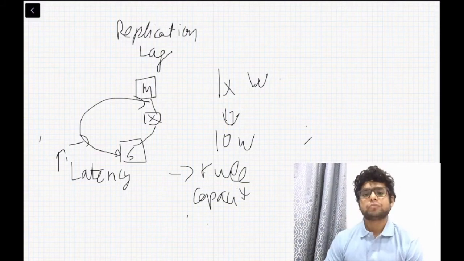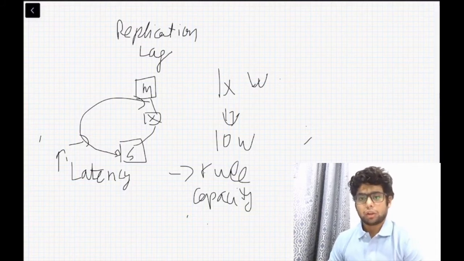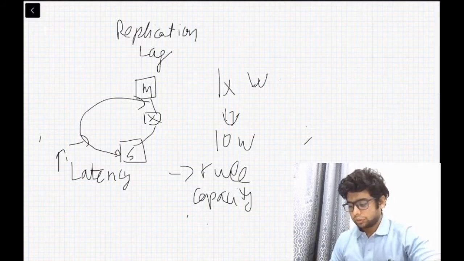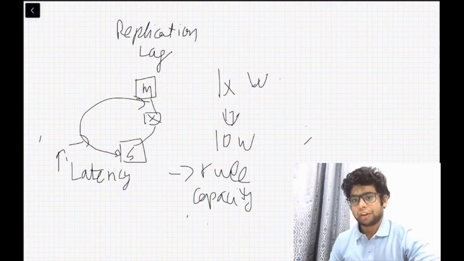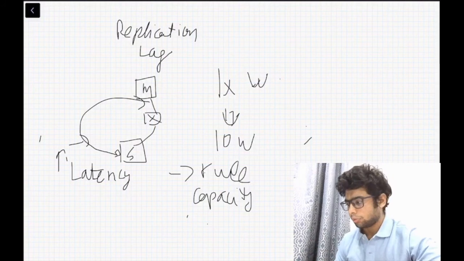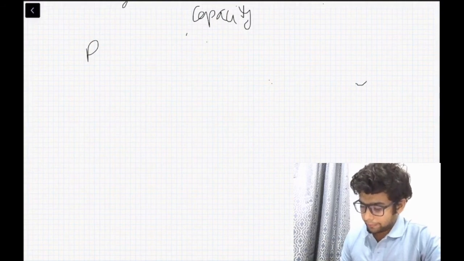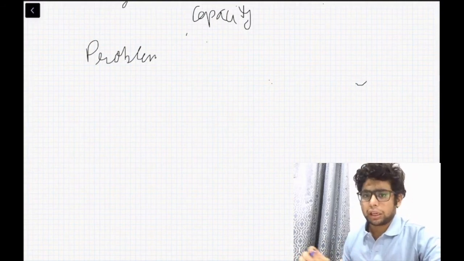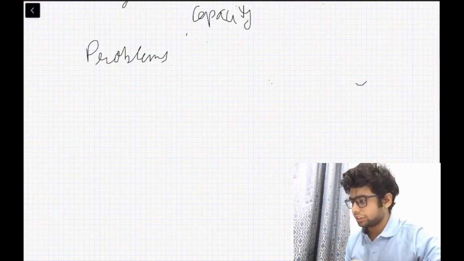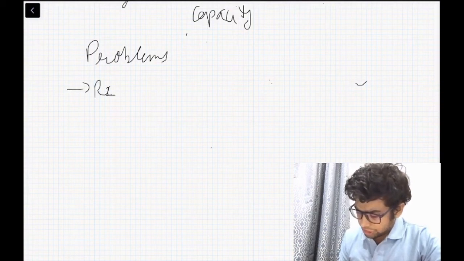So basically this replication lag can give us some consistency problems in our system, because let's say someone has written on the master and is reading from the slave, so they wouldn't get the updated state of the data. So that is one of the consistency problems. Let's look more into the problems. These problems have some specific names, but the general idea is that they lead to some consistency issues. So let's name them. One is read your own writes.